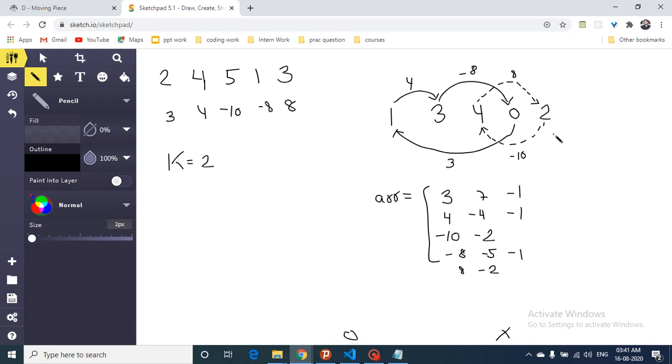So these are forming cycles, and for every jump I have written down the score. For this jump you will increment your score by 4, for this jump you will increment your score by -8, and so on. Okay, so now if you know the cycles, you can easily find out the jumps, or what the total score incremented is.